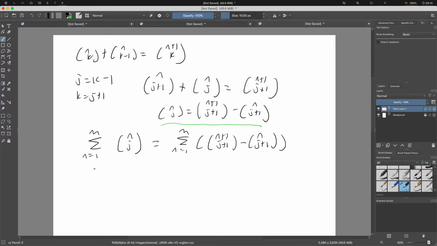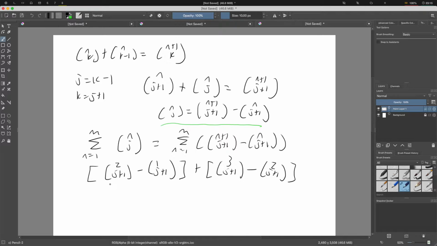So when n equals 1, we will get something like 2 choose j plus 1 minus 1 choose j plus 1, and when n equals 2, we'll get 3 choose j plus 1 minus 2 choose j plus 1, and then when n equals 3, we'll get 4 choose j plus 1 minus 3 choose j plus 1. And we see that this cancels with this, cancels with this, and it's going to keep on canceling. And so finally,